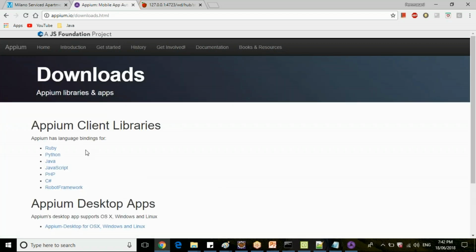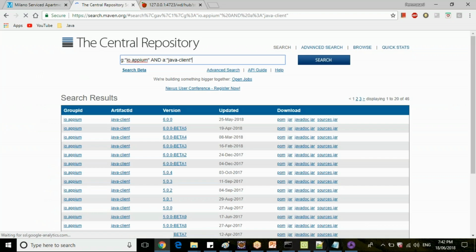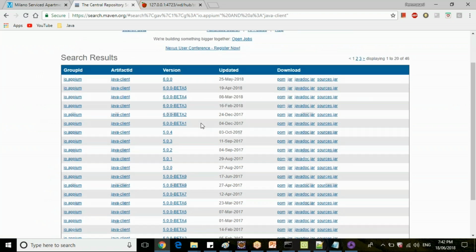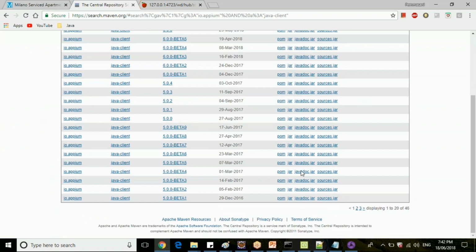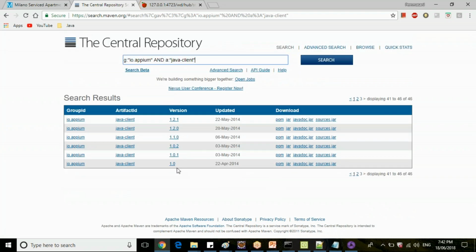Here you have client libraries. If you are working with Ruby, select Ruby. If you are working with Python, select Python. Now we are working with Java, so click on Java here. Now you can see the versions here. I started with APM 1.0, which was in 2014.